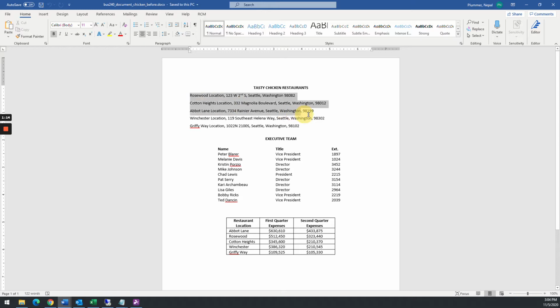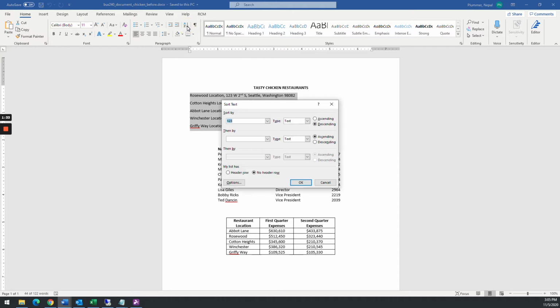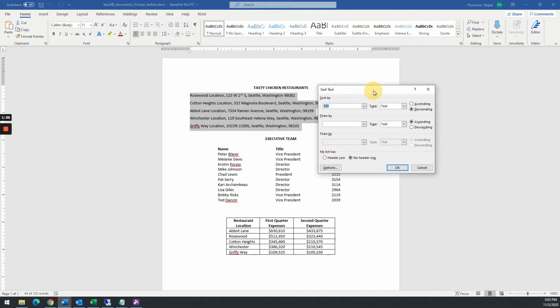So the first one is they want us to sort this information by these first words. So Rosewood, Cotton, Abbott, Winchester, Griffey. If we sort all of that information, we want to highlight the information that we want to sort, then come up here to the little sorting button, click on sort, and we're going to get some options here. So I'm going to have this as ascending,